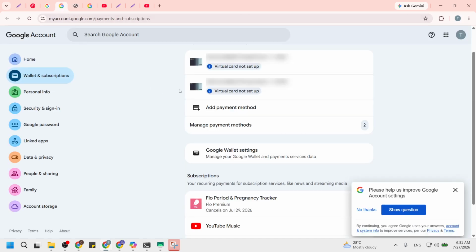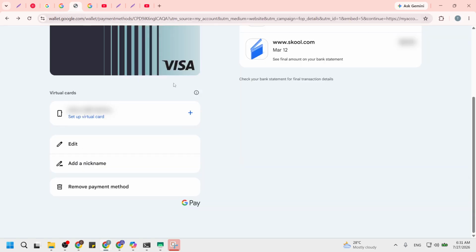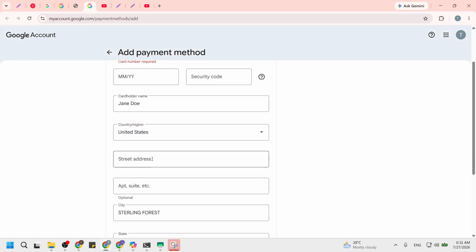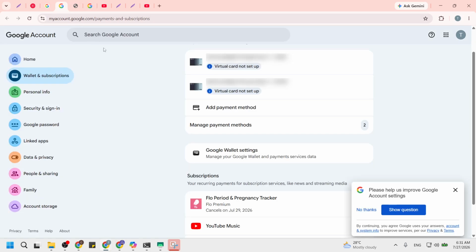If you prefer to keep the old card and just add another, click Add Payment Method instead. A form opens where you can enter a new credit card, debit card, or PayPal account. Take a moment to type the numbers carefully. A common beginner mistake is entering an outdated expiration date, which causes the card to fail later. After saving, the new method appears in the list with its last 4 digits visible.